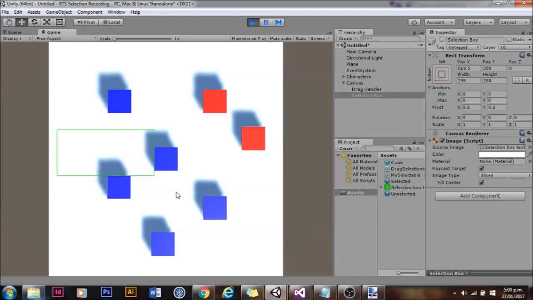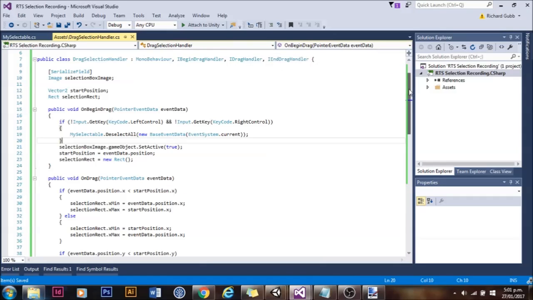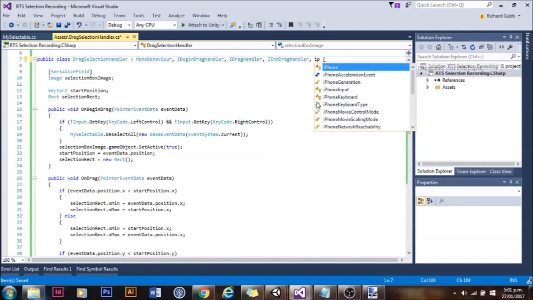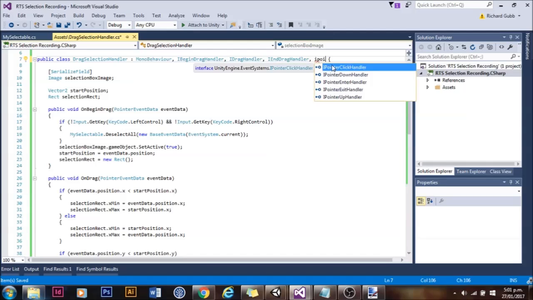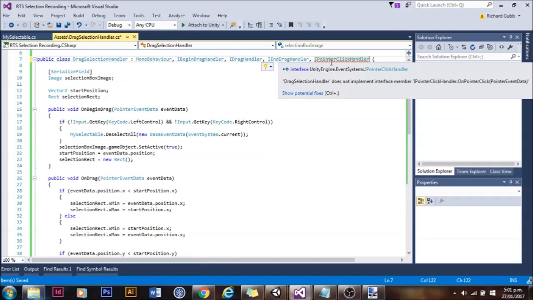Right, now you can see we've got a box that we drag and it will select things. If I hold down Control, it will select multiple things. Right, one thing we have done, we've introduced a bug. Now just clicking on them no longer selects it. And that's because our drag selection handler is consuming all of the events. So we need to go ahead and create a way to bubble the IPointerClick event through. I'm going to show you a dirty way to do this. If there's interest in a better way to do it,